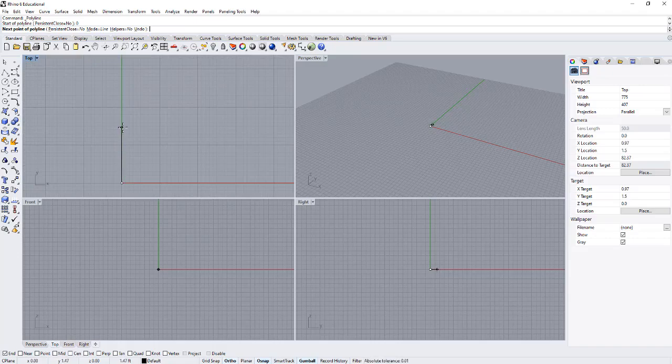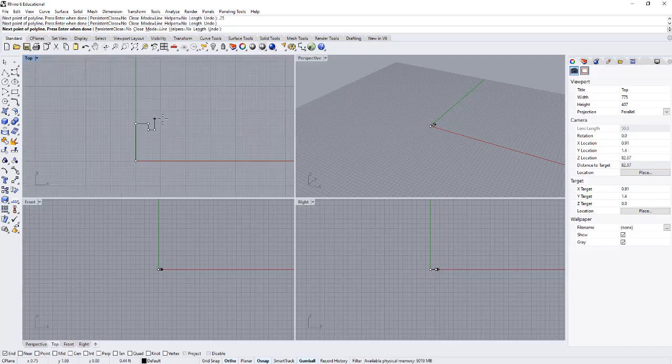Say that it is going to be 1.5 inches going up, and then click, and then 0.5 inch this way, and then 1/4 of an inch going down, and then 1/4 of an inch that way, and then I'm going to say 1/2 inch going up,